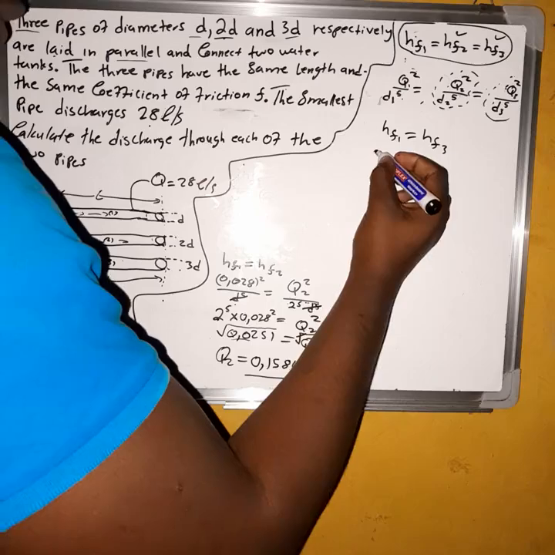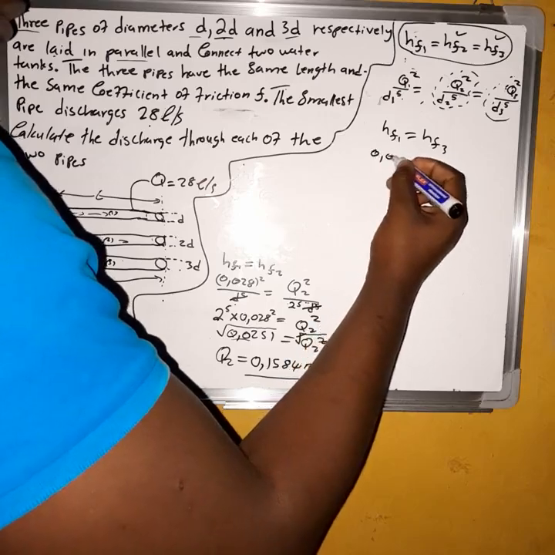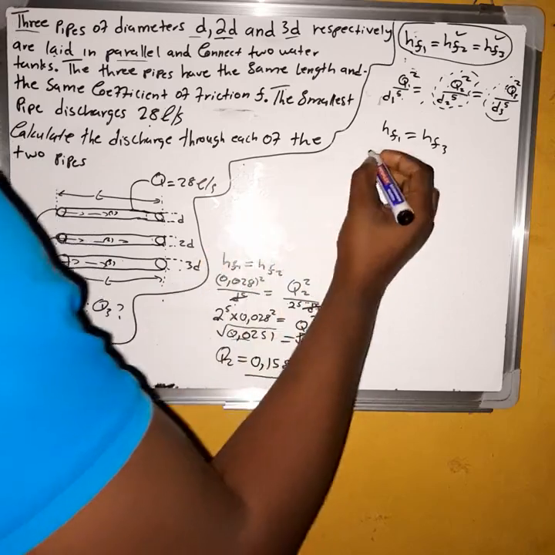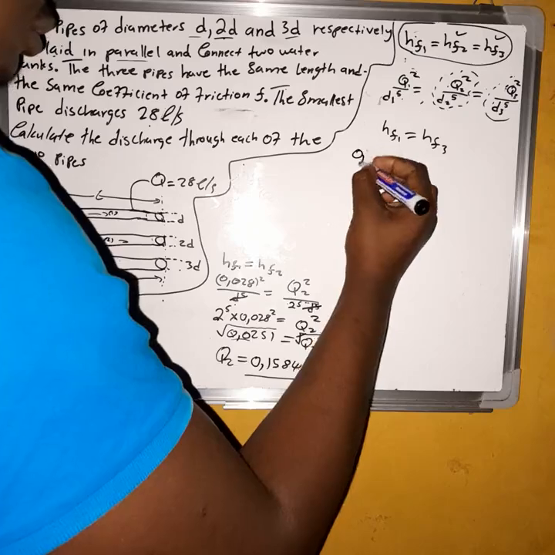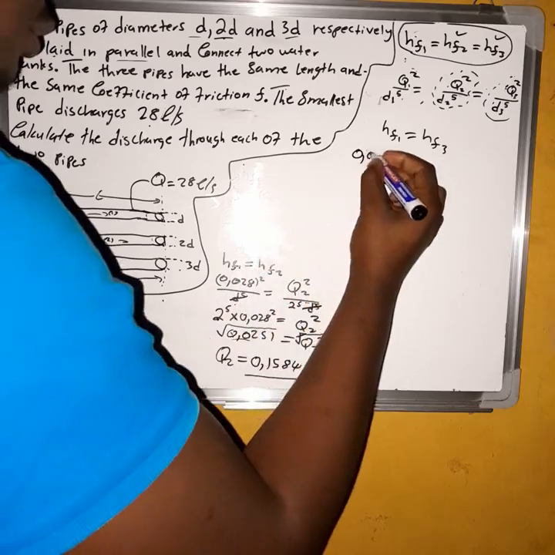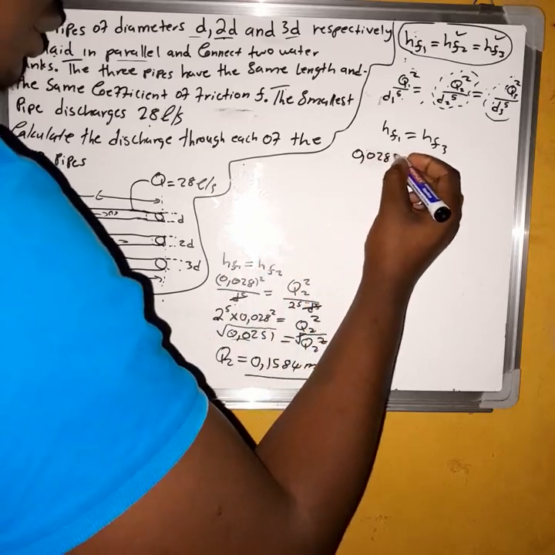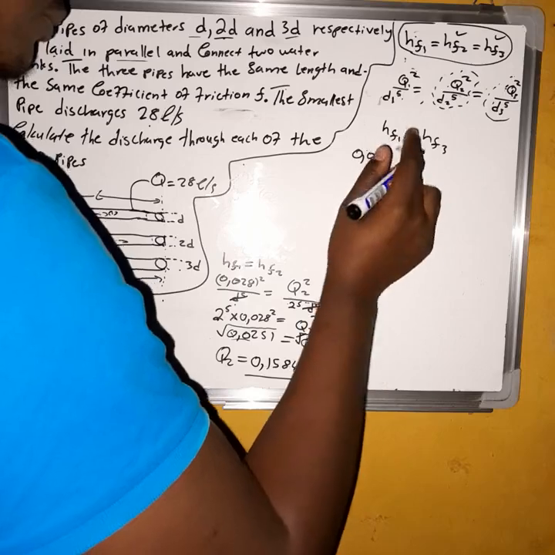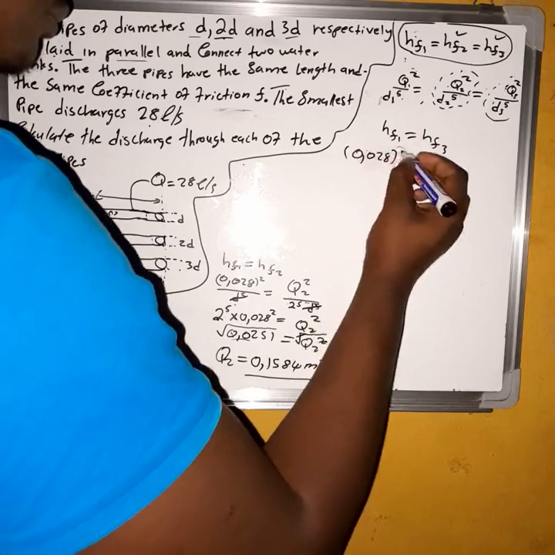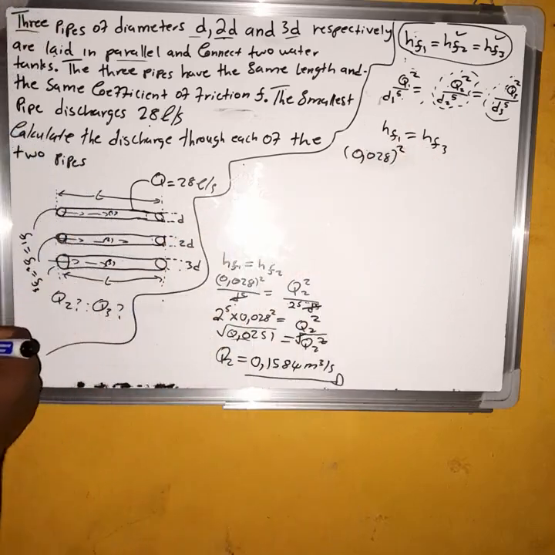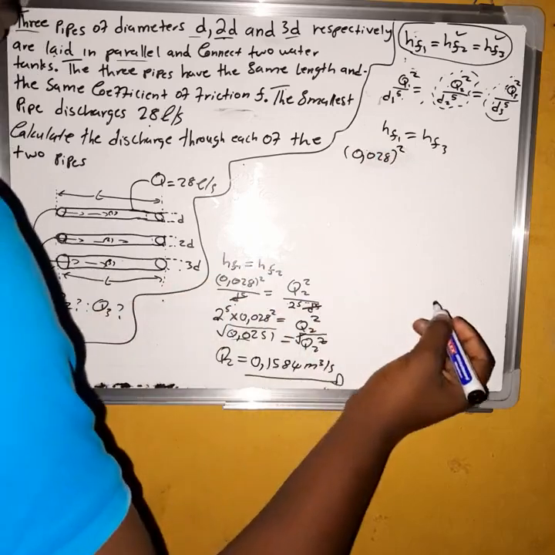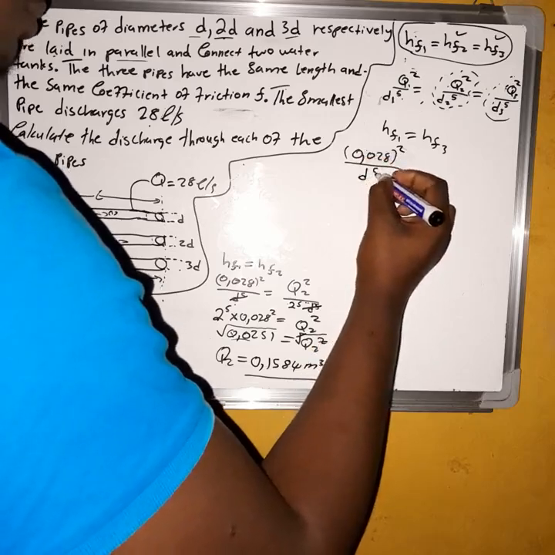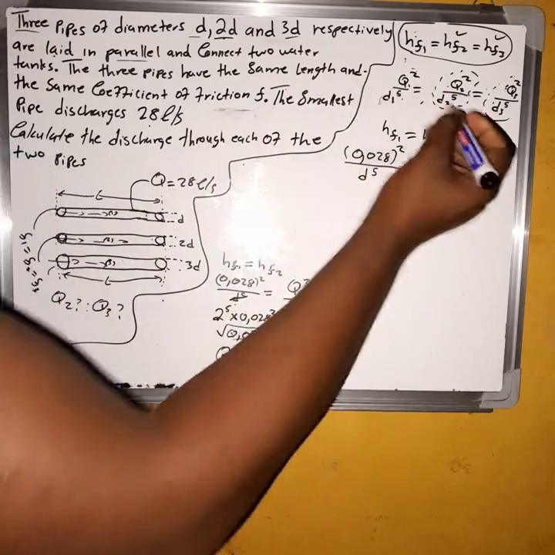HF1 we already know is 0.028, so it's 0.028 raised to the power 2 over d raised to the power 5, equal to Q3 squared over